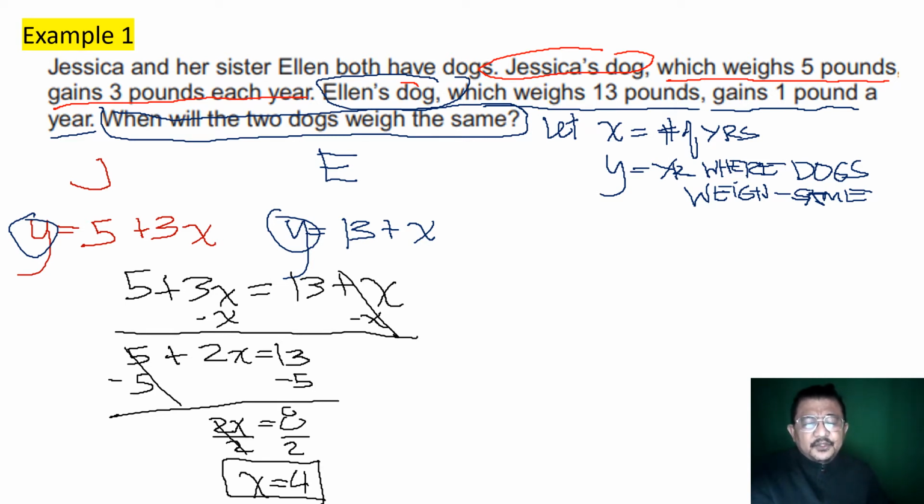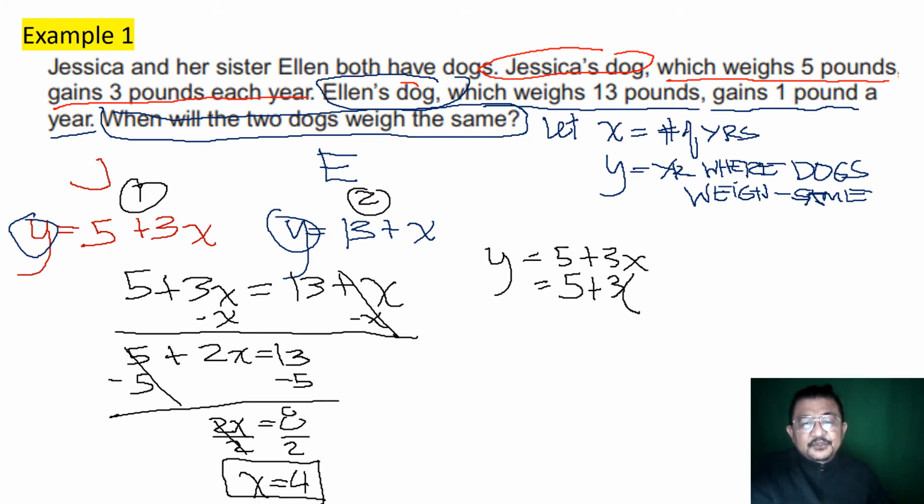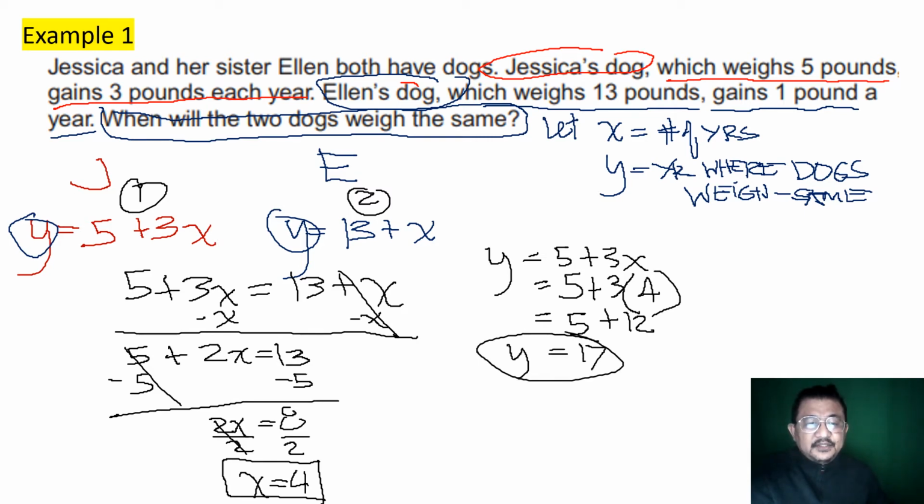Okay, if you want to know the weight of the dog, you could put a check. So let's use equation 1 or equation 2. Okay, so let's use equation 1. y is equal to 5 plus 3x. So that means 5 plus 3 times 4 years. Remember, 4 years? So that's going to be 5 plus 12. That's going to be 17. All right. 17 pounds will be the weight of